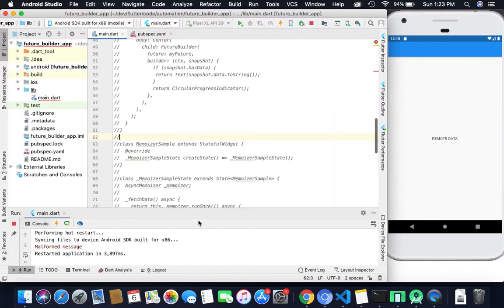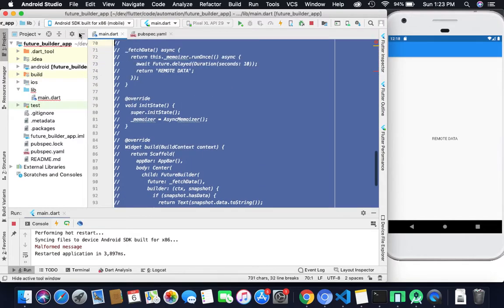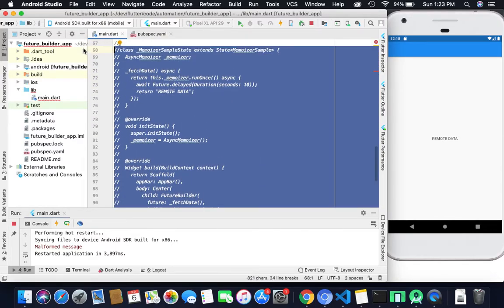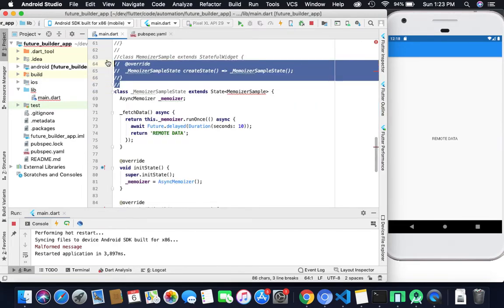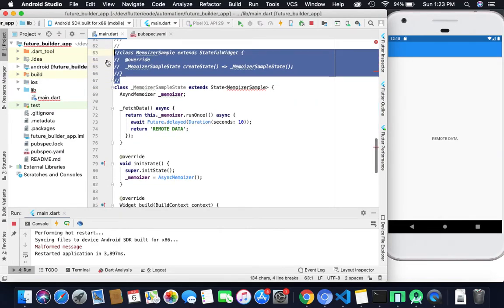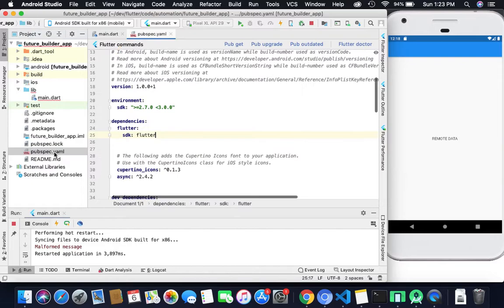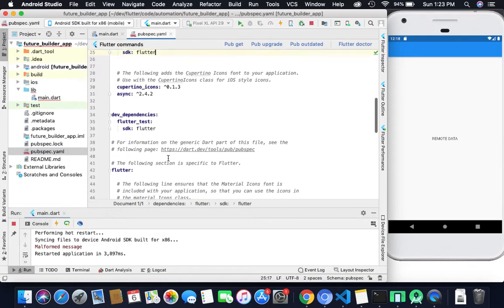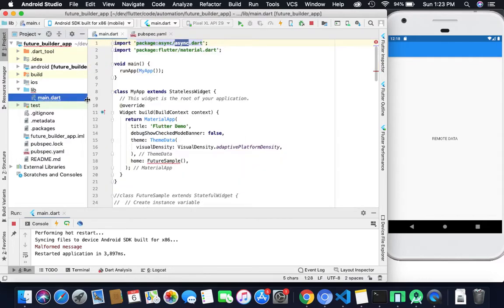To solve the similar problem we have another approach, called the memoizer approach. It is a class available inside the async package, which we have to declare inside our pubspec.yaml file.